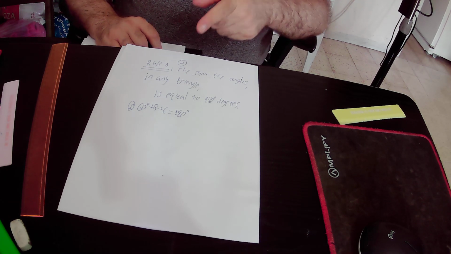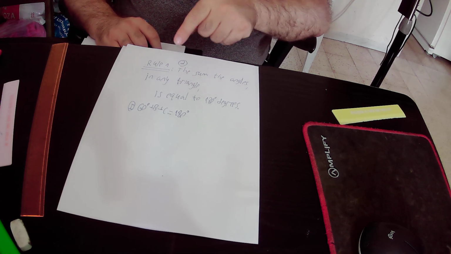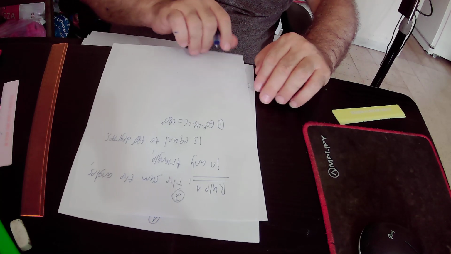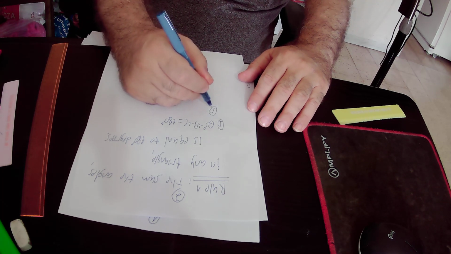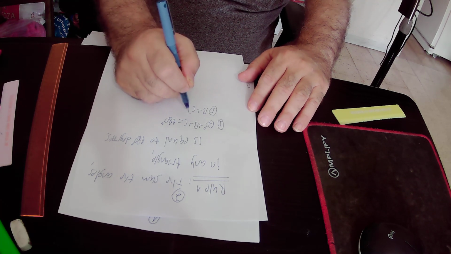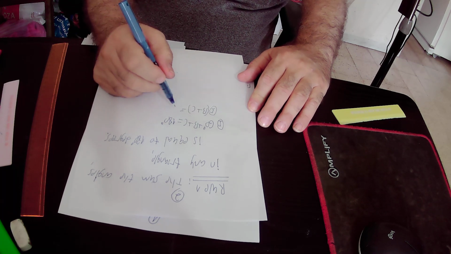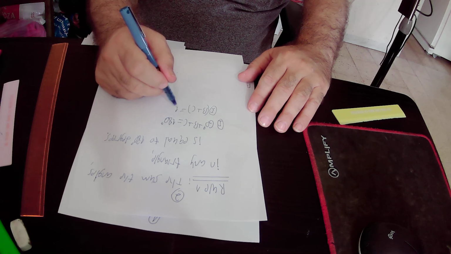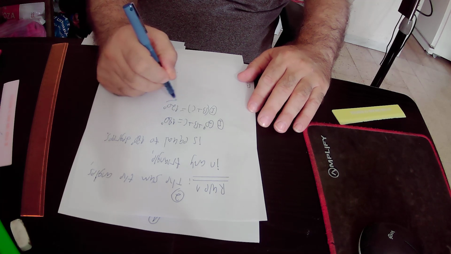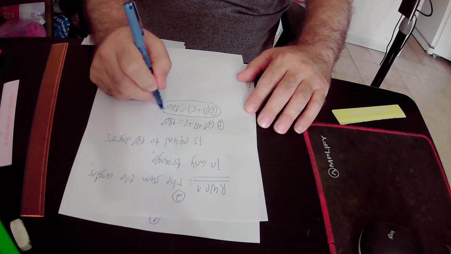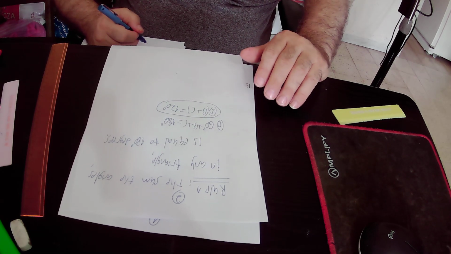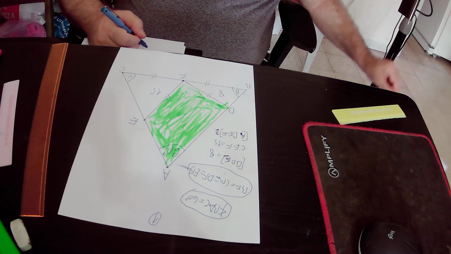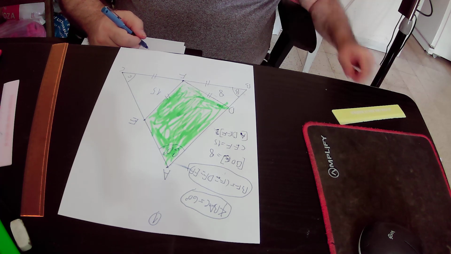Here we will subtract 60 degrees from equation number 1, and we will get that B plus C equals 180 degrees minus 60 degrees, which is 120 degrees. Okay, so